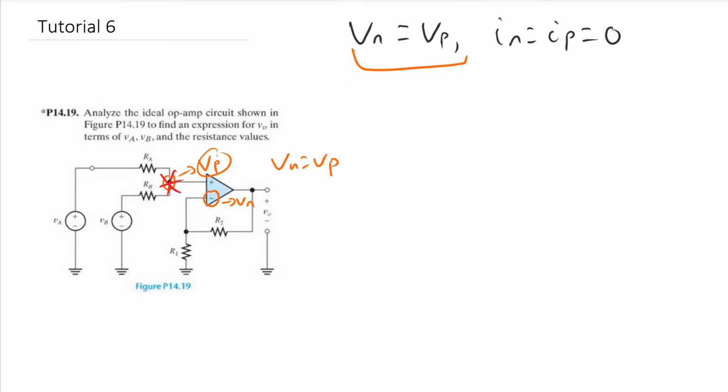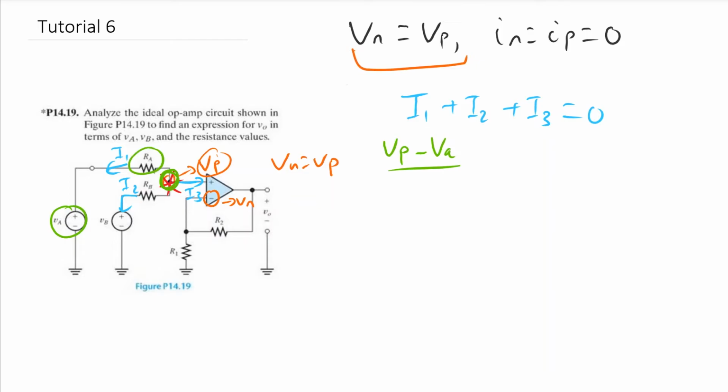So if we label currents coming off here, we might call this one I1, this one we could call I2, and the current coming back I3. So I1 plus I2 plus I3 is 0 according to Kirchhoff's current law. When we're working out these, we need to look at our starting voltage, which for all of these is going to be Vp, subtract the voltage that we finish off at, so for this one would be Va, divided by the resistance of the branch that we're at, Ra,